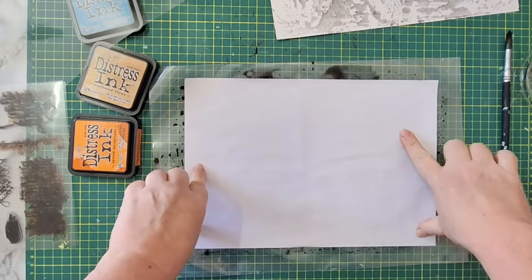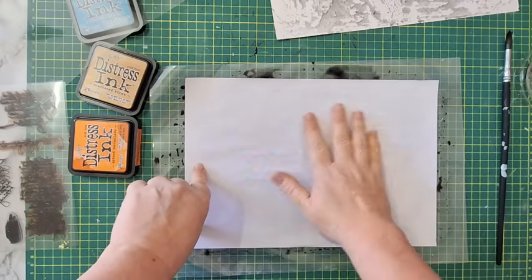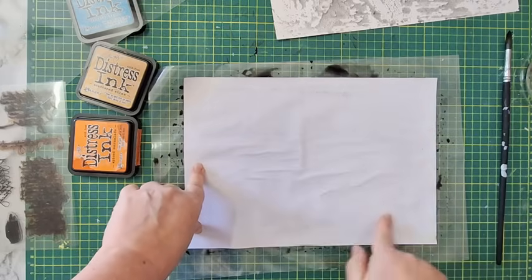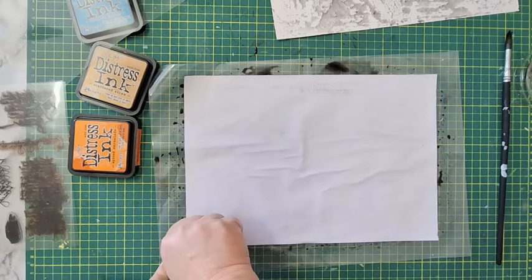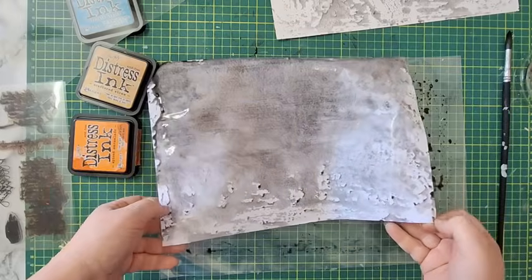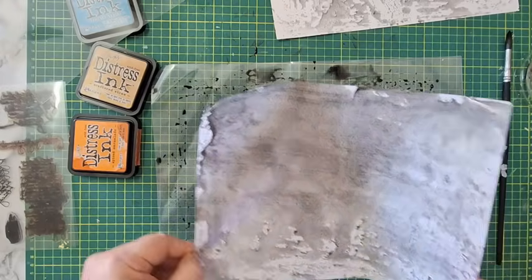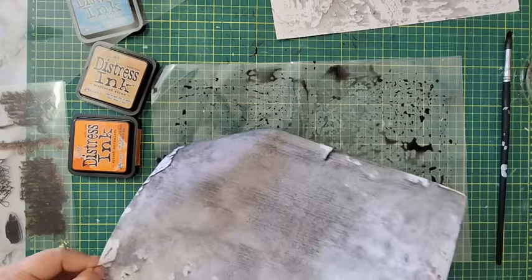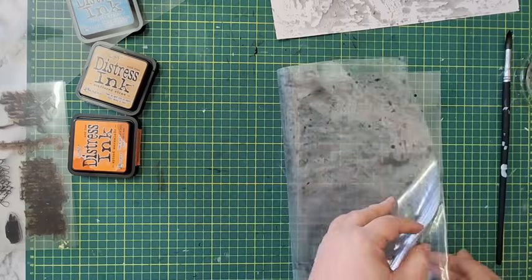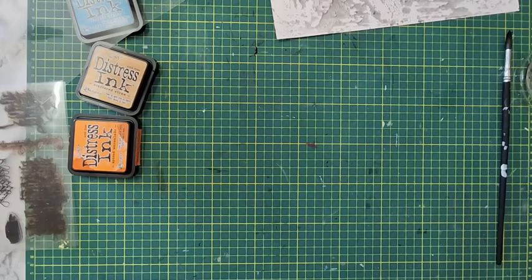Probably the result will be a little bit different because it's a thinner paper and it soaks the paint more than a thicker paper. Okay, so I don't like it. It's interesting, but I don't like it. But it worked quite nicely on the Bristol paper. So I'm going to move it aside, and also this, before I'm making more of a mess. And back to